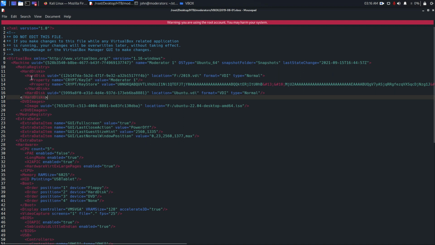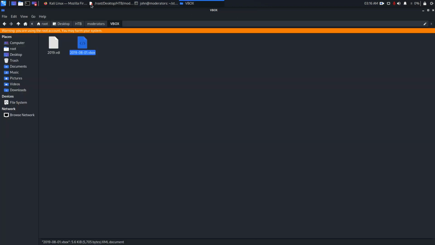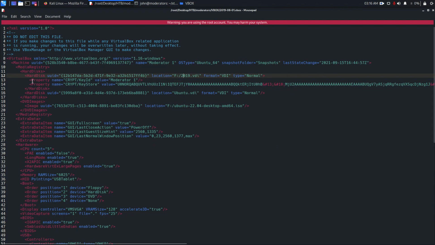Okay, so the second disk here is this, and as you can see, the location of this disk is f/2019 VDI, and this file we have it here, 2019 VDI, right? Okay, and next, if you see the property of this disk, you will find here there is something like crypt key ID and crypt key store. So that means this disk is encrypted, so we need to decrypt that disk, and this is the value for the keystroke of crypt